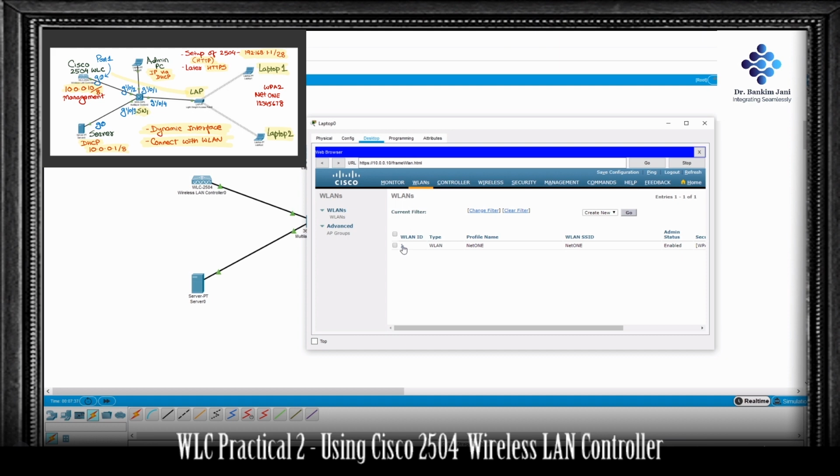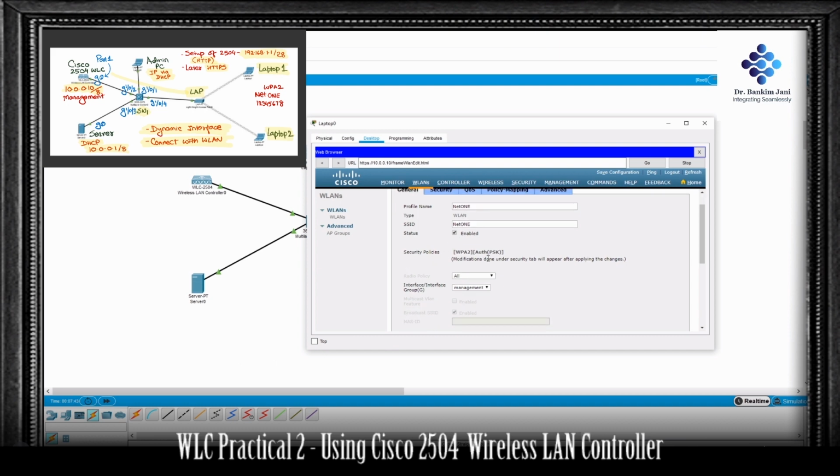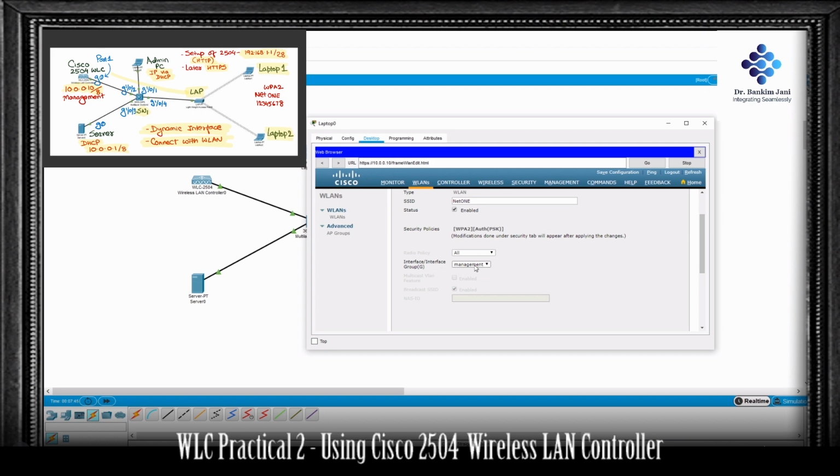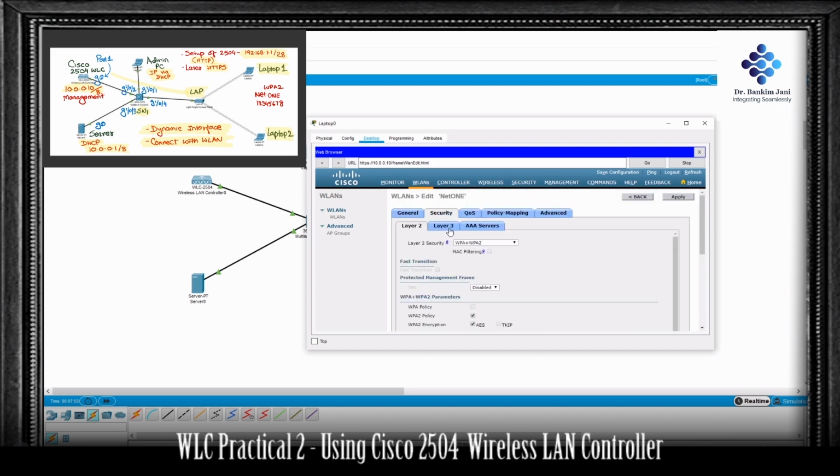And if you see, profile name net1, SSID net1, everything is enabled. And here it is this management. This is the dynamic interface management which has been associated with it. Going to security,